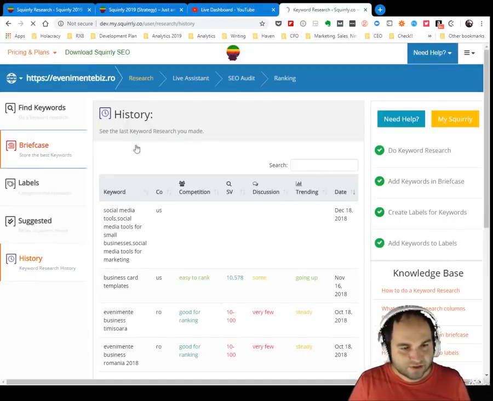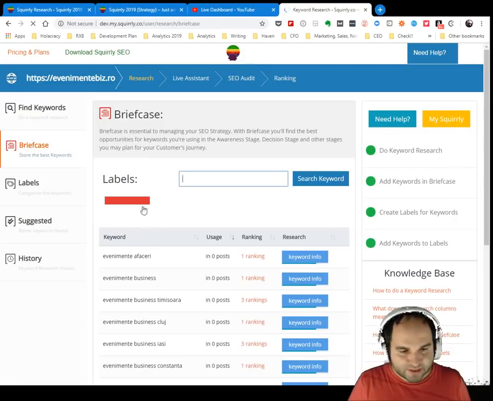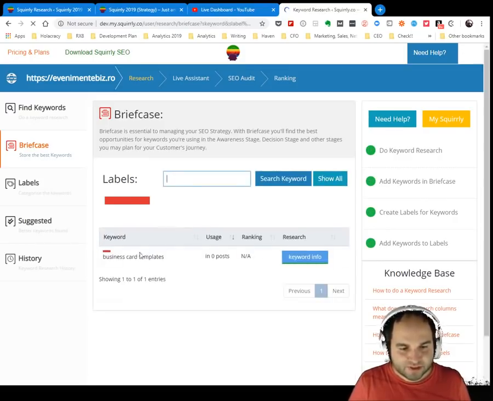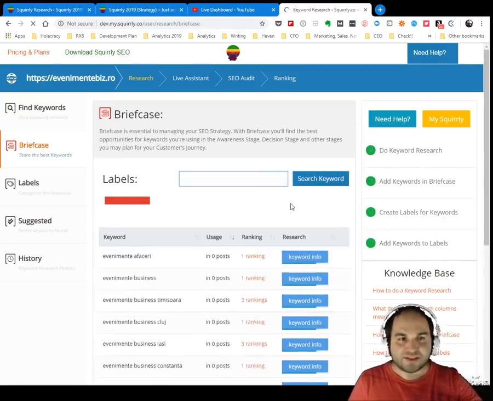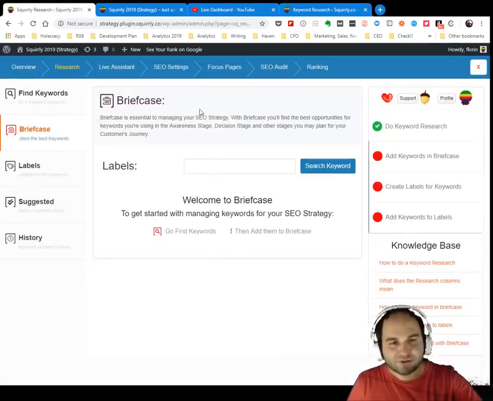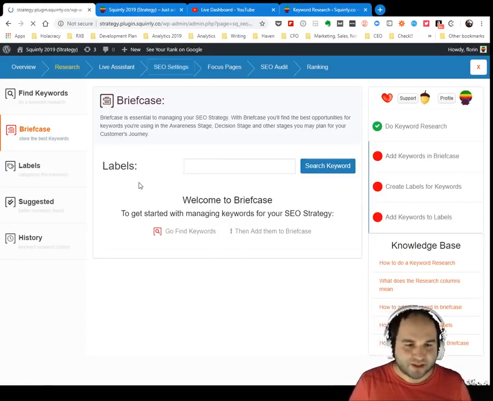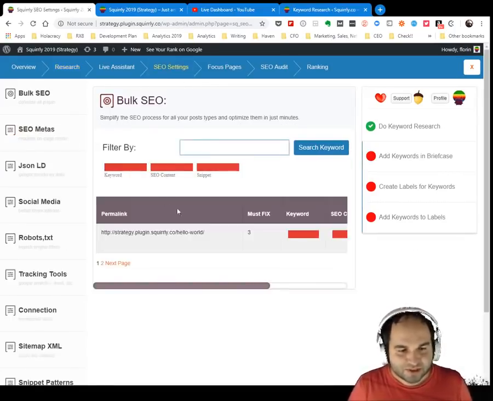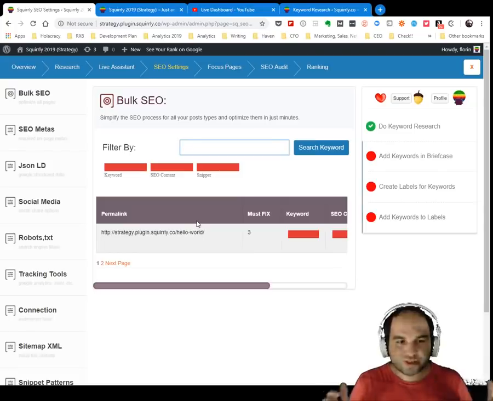Let's go here. So I have Briefcase and I have this label. If I click it, I only see the keyword that was listed under this label, and then I also have the button for show all. And once I know this, I know how to use Briefcase, I know how to use labels, I know how to use focus pages, and I will know how to use the bulk SEO settings, which is something that's super important. It's not yet ready